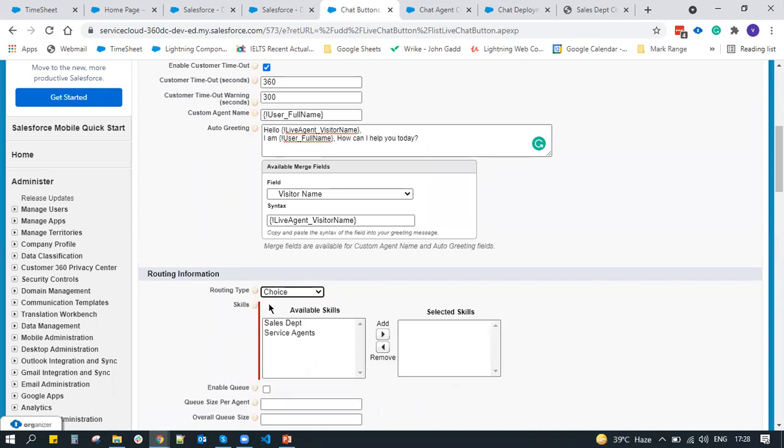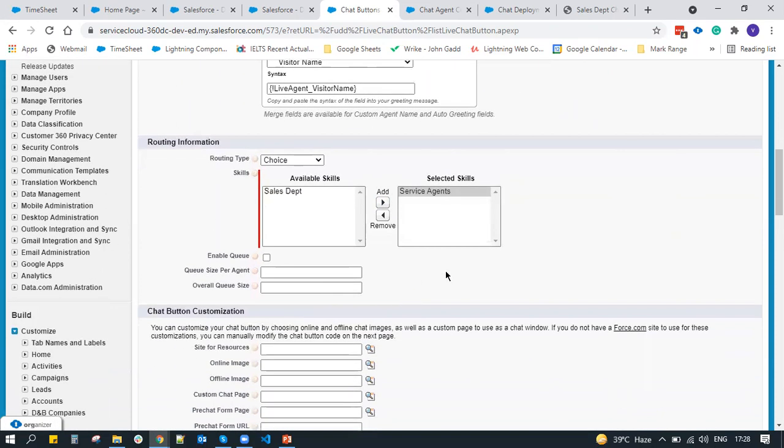And for choice, after selecting it, you need to select the skill set. I told you, on the basis of skills live agent works, whereas on the basis of queues omni-channel works. We have two skills right now, so I am going to select service agents, which is the second one that we just created.